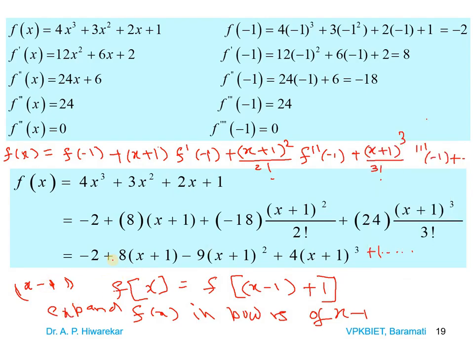So that you can do later on. You take this as an assignment problem. Okay. So we will go to the next problem. This I have given as an assignment problem. Expand, same function you take. Instead of x plus 1, you take x minus 1. That's it. Every term will be the same, only there will be a change in the signs. And these derivatives you have evaluated, those derivatives are the same, only the derivative at the particular point 1 will be different.